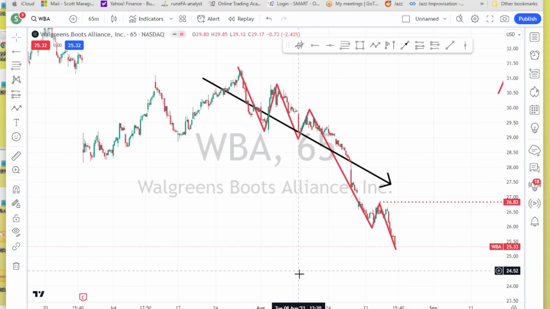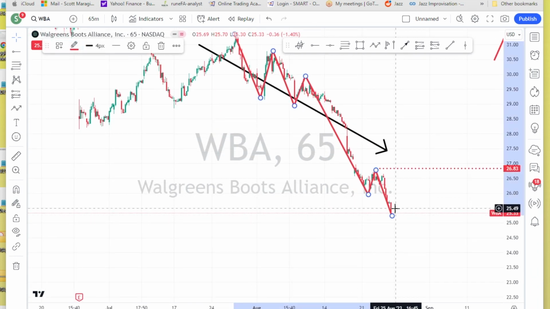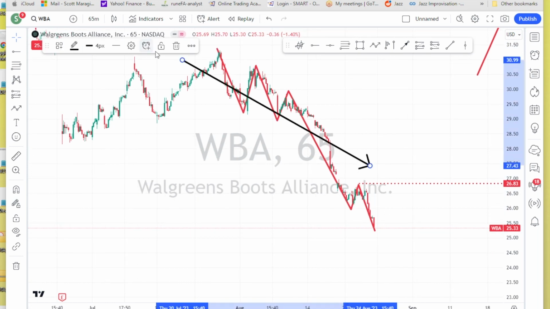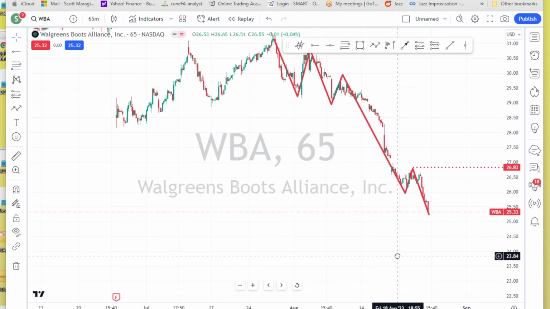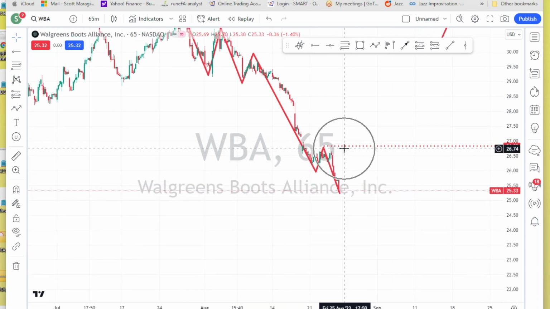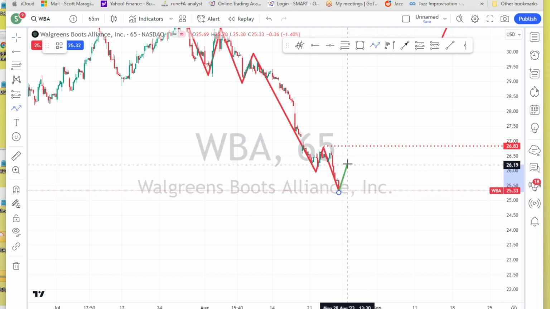So Lennar is a good example of that. WBA is a good example of that. So where we are right now with WBA, we've got a lot of structure here. There's no signs of reversal. It would have to break above 26 to give us a clear sign of reversal right there. That's the control swing high. What we're going to anticipate is